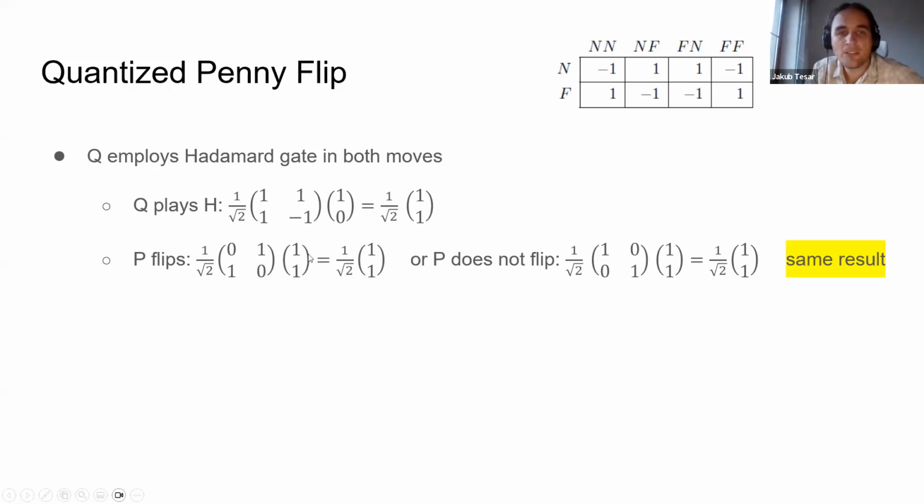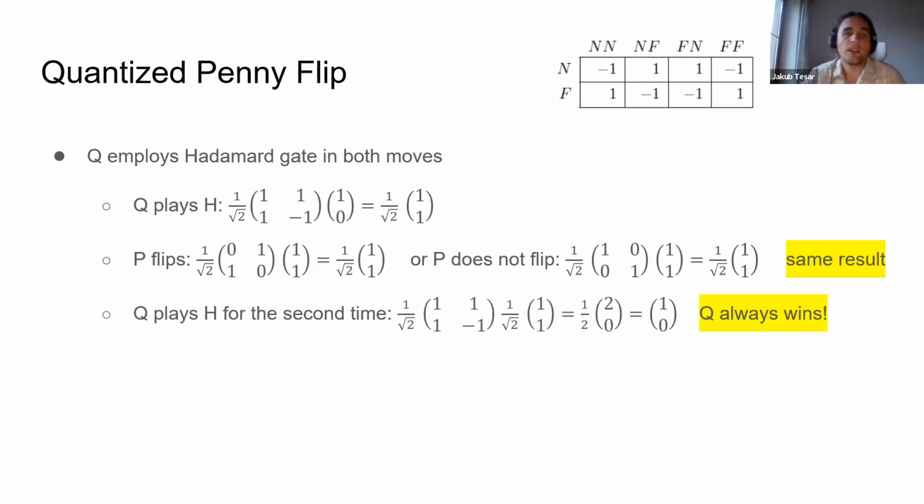But as you see from the calculation, it's quite simple, but the result is the same. So no matter what Picard does, the outcome is the same. And then Q applies the Hadamard gate once again. And if you apply it, you will get the results that Q wants, because heads up means Q is winning